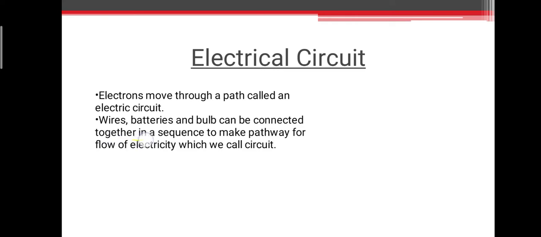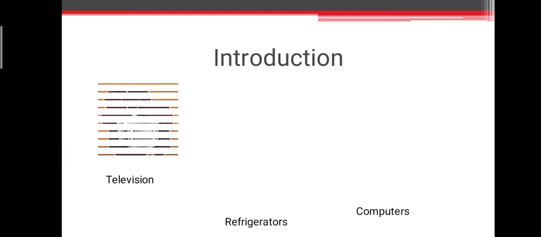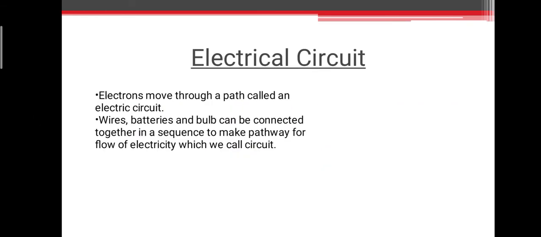The wires, batteries, and bulbs can be connected together in a sequence to make a path for the flow of electricity, and this path we call an electric circuit. You can see this circuit here